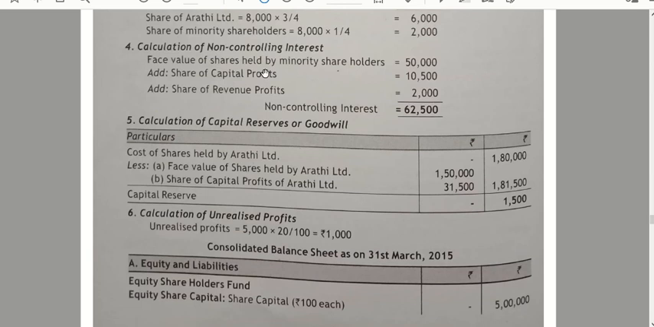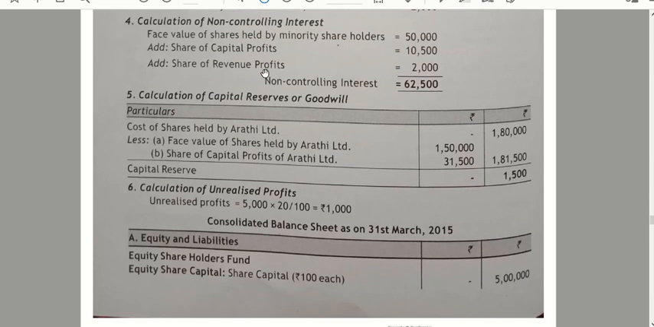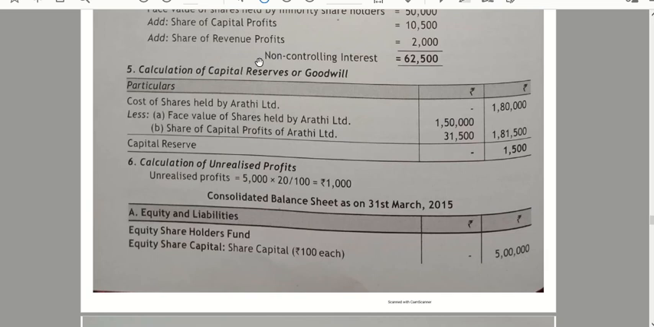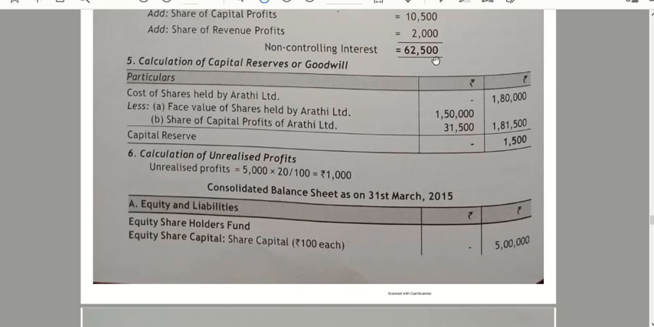The calculation of non-controlling interest. Face value of shares held by minority shareholders is 50,000. Add your share of capital profit, which is 10,500. Add your share of revenue profit, which is 2,000. So non-controlling interest is